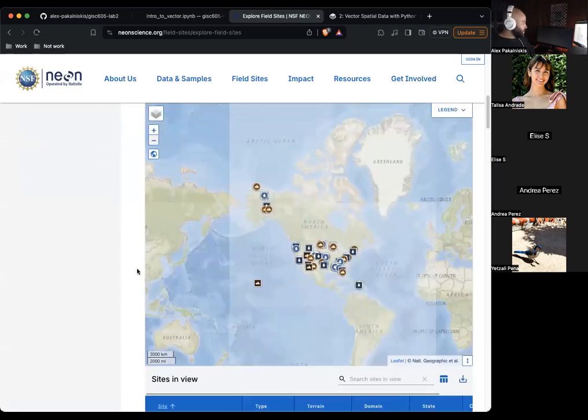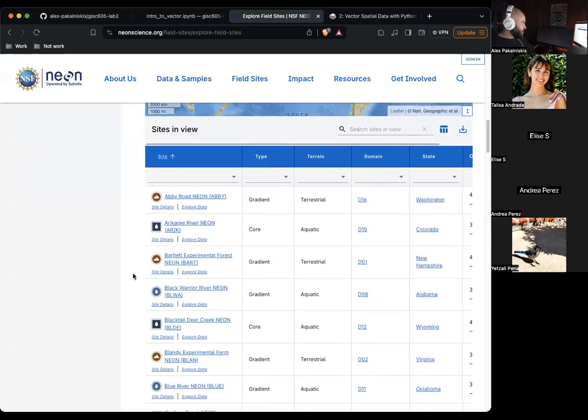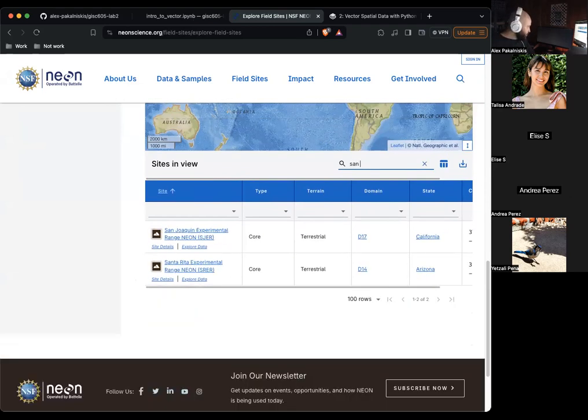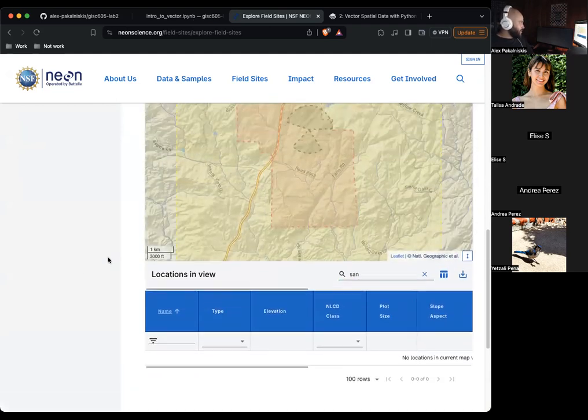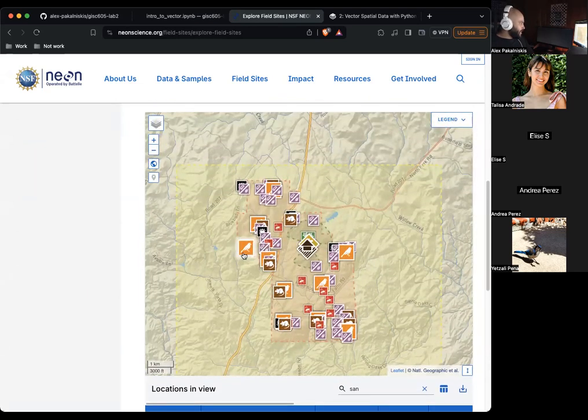The San Joaquin site is somewhere in New Mexico, I remember. There we go, the San Joaquin experimental range. Oh, it's in California? I didn't realize that. Good to know.